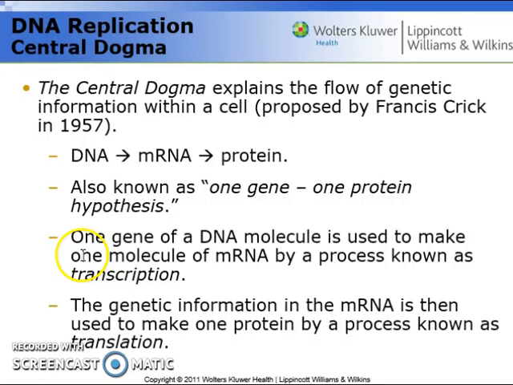So what happens in this process is that you have that deoxyribonucleic acid being converted into a new molecular structure, which is known as messenger ribonucleic acid, so mRNA. And then once we have the conversion from DNA into mRNA, you can